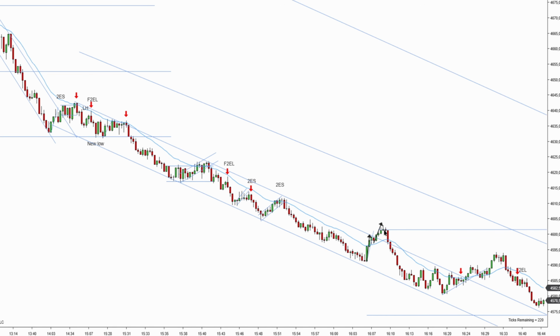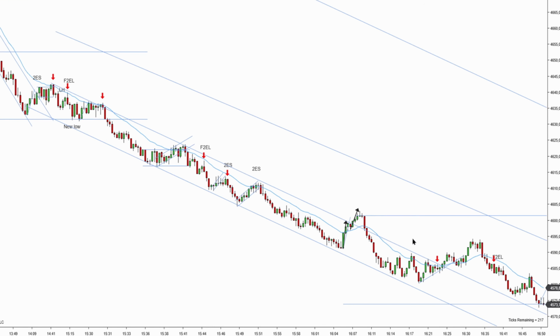So after breaking a new extreme, you're expecting that you're going to push below EMA and you're expecting a lower high or failed second entry long, but you don't get that. Market just pushed way below EMA, and by the time you get a lower high, you're all the way down close to these lows. And even though you have a break and a new extreme, there's one exception, and that's this